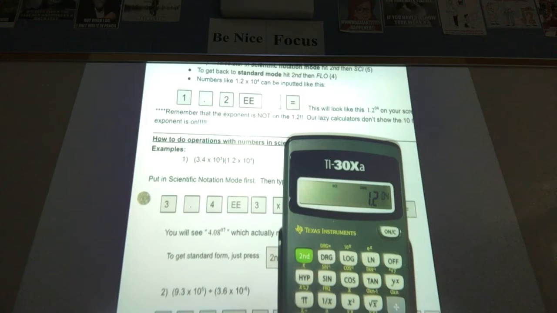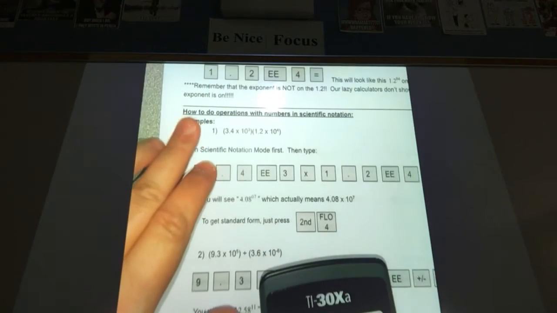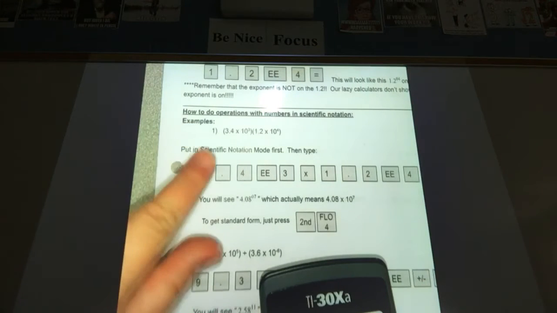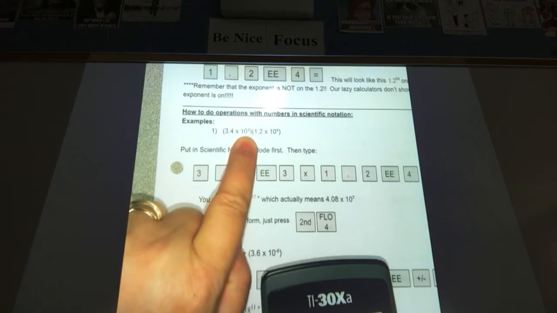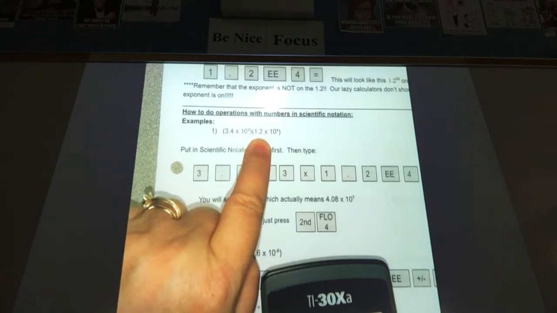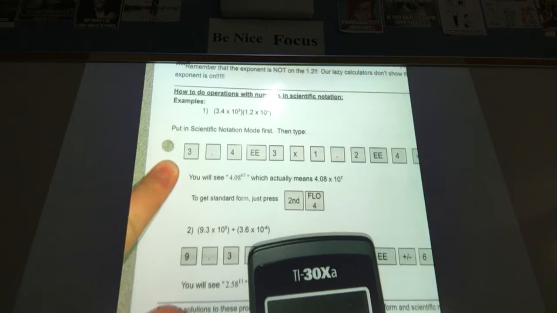All right, so if you notice, we went from lesson 3 to lesson 6. Lessons 4 and 5 teach you how to add, subtract, multiply, and divide in scientific notation by hand. We're going to jump right to doing that on our calculators. So how do I do operations in scientific notation? If I have 3.4 times 10 to the third times 1.2 times 10 to the fourth, we can put it into our calculator